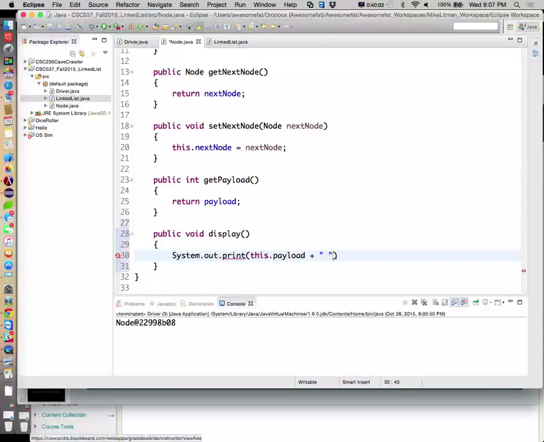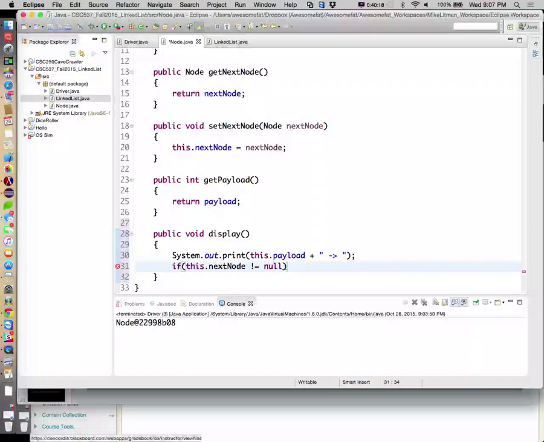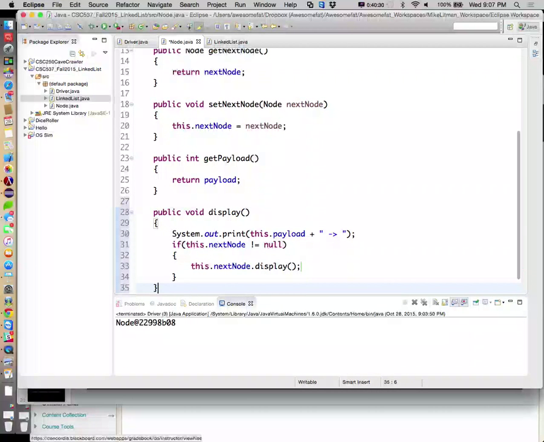And we'll concatenate onto that a little arrow, like that. Okay? Now, if this dot next node is not equal to null, that means if we have a next node, if this node is linked to another node, then we'll say this dot next node dot display.